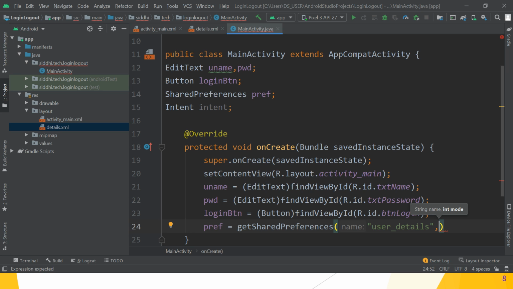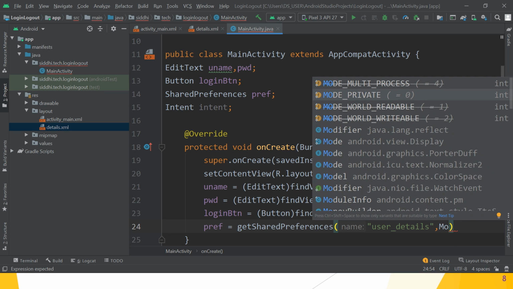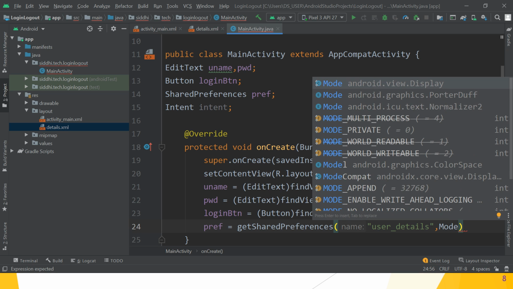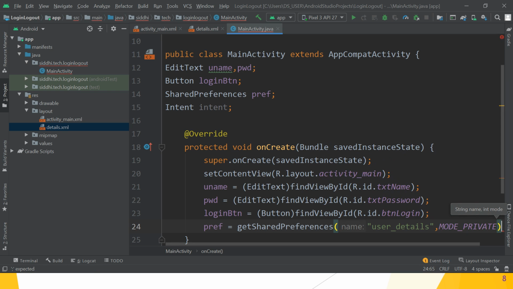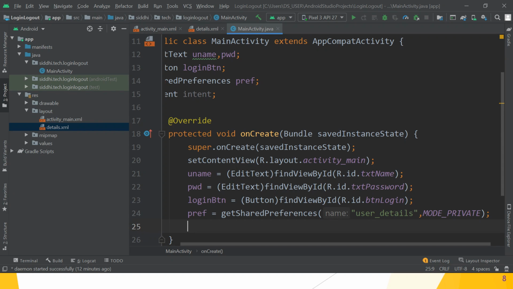That is private mode, for security. So you choose the constant mode private. Hope you understand, guys, why we choose the mode private, because it is the secure one. Only the current app reads that user details shared file key-value pair.